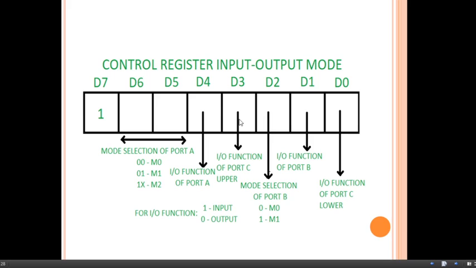The D3 bit is again related with group A selection of IO function, and here it is related with port C upper. That means the function of the PC4 to PC7 pins of port C can be indicated by this D3 bit. So if this D3 bit is equal to 1,